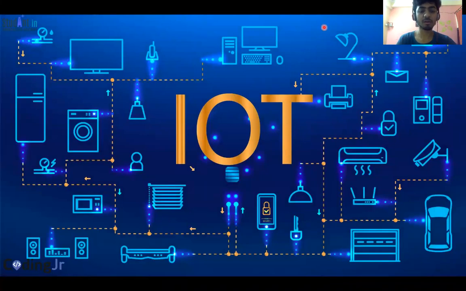Before going to what is IoT, imagine all the devices in your home are connected and communicate with each other. Looks interesting, right? Suppose your TV can communicate with your fridge, your fridge can communicate with the washing machine, and your washing machine can communicate with your clock. This network of connections between all these devices comes under IoT. So IoT deals with the connection between all physical objects, right?